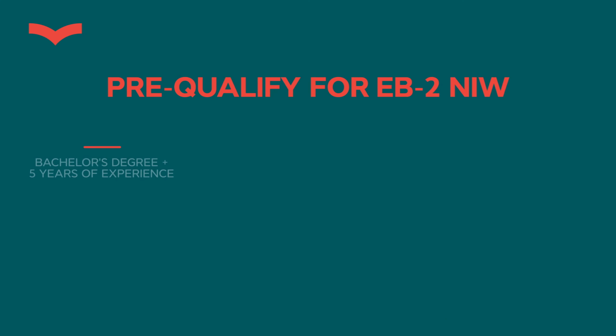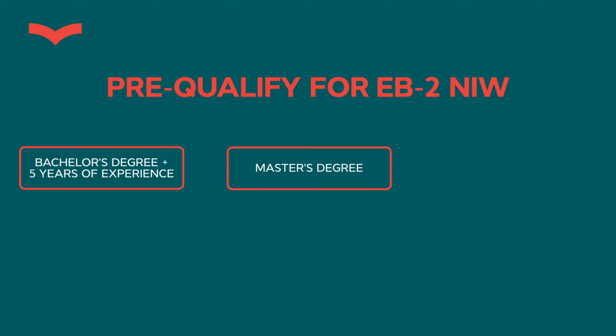But let's take a step back. In short, what is the NIW visa? And if you want more details, please watch the video where I describe in detail the criteria, what I need to do, and the education requirement and all that. In short, EB-2 NIW is a visa for professionals in the field with a higher education or exceptional ability skills. So you need to have either a bachelor's degree and 5 years of experience in your specialty, or a master's degree with zero requirement for experience, or if you don't have any education, you can pre-qualify with exceptional ability. There are 6 criteria.